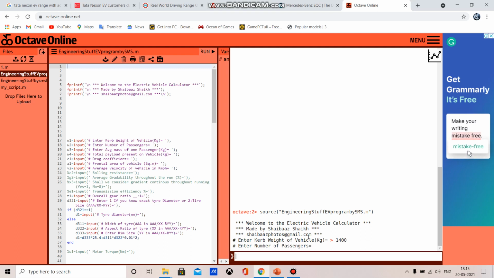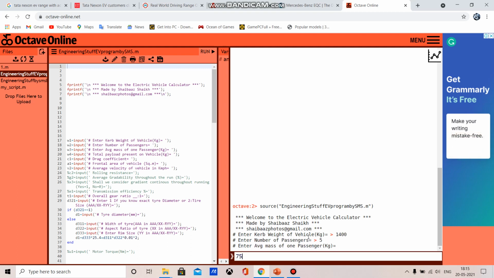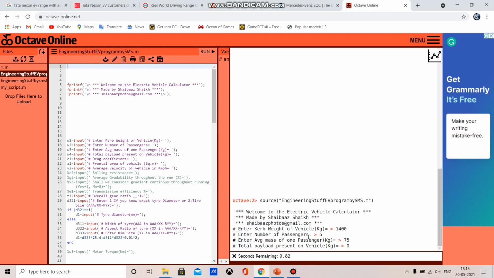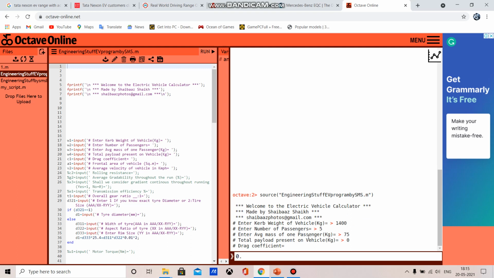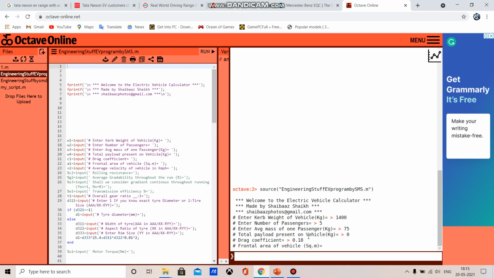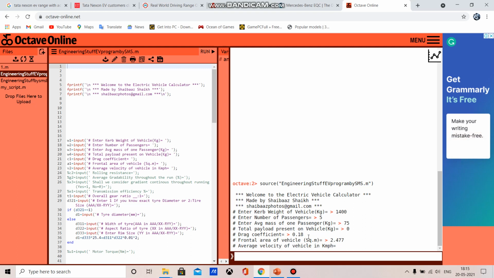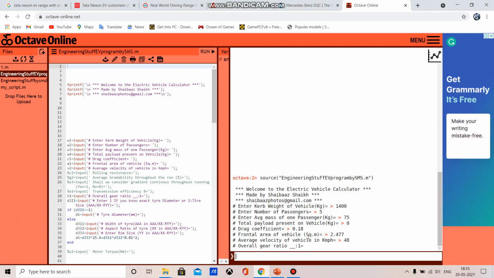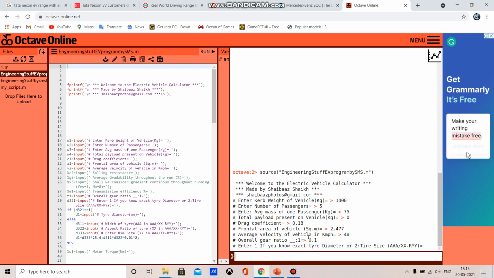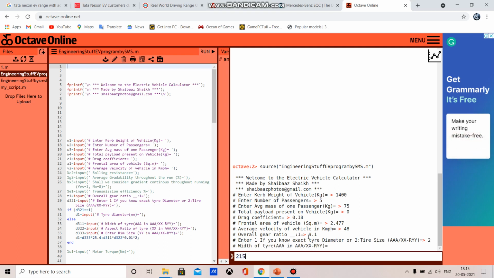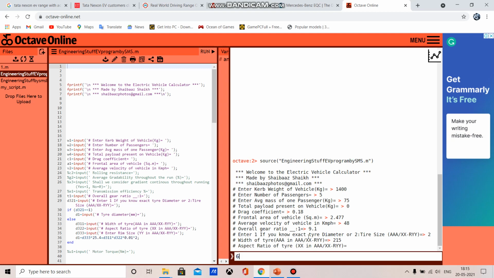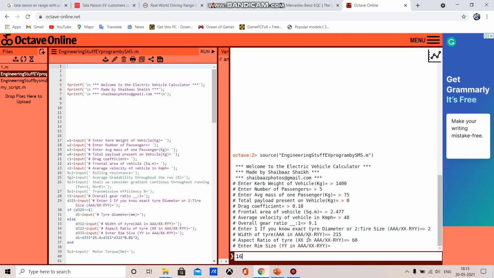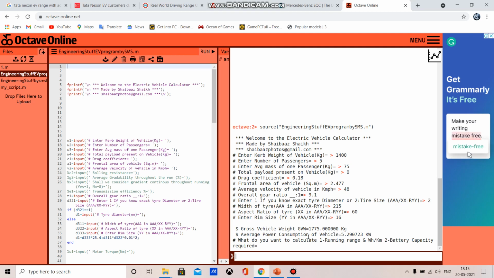I will enter it quickly. Now here we have to select the battery capacity required.